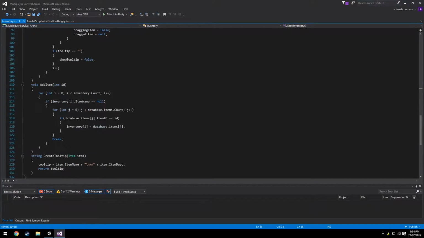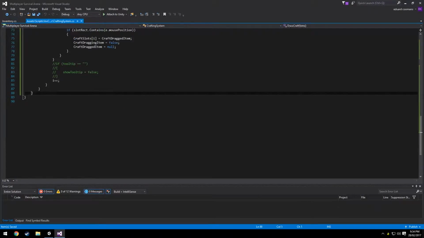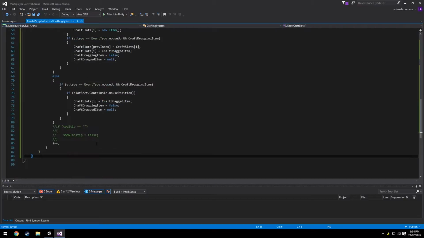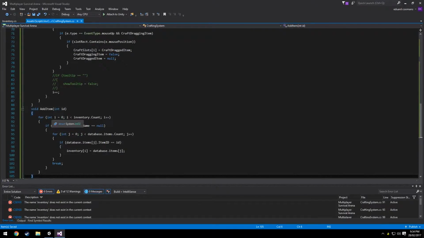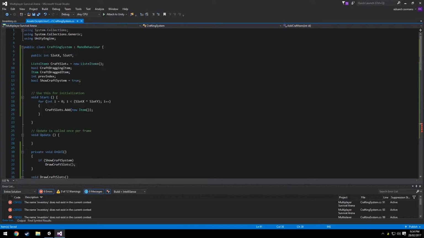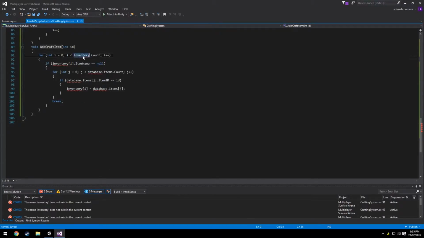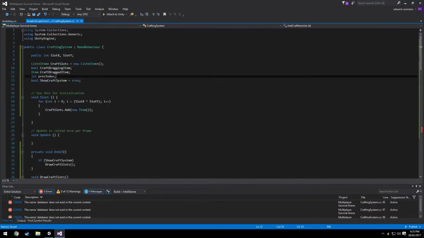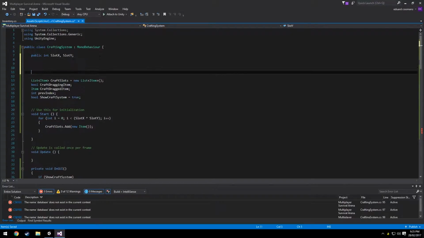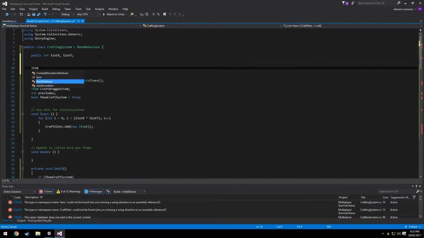I'm not feeling it tonight, so let's just use the inventory system here. Just copy and paste it. These are basically the same base core functions of each other. We add craft item, and not inventory count, craft slots count, craft slots, and we need to get the database here as well. So here, item database,